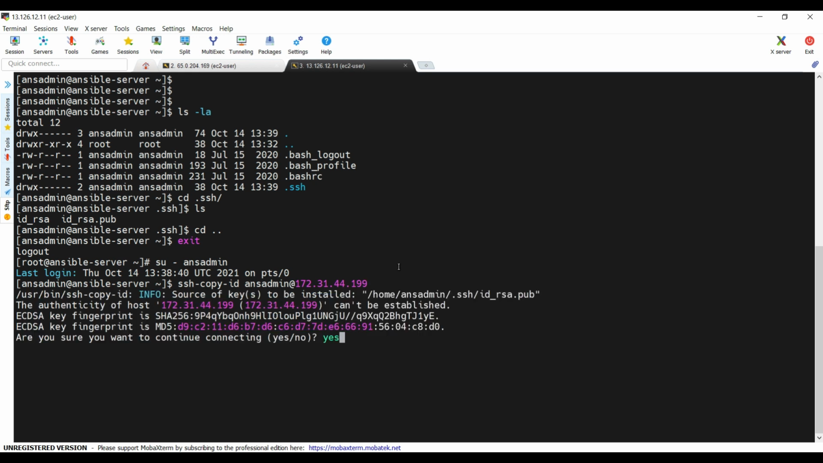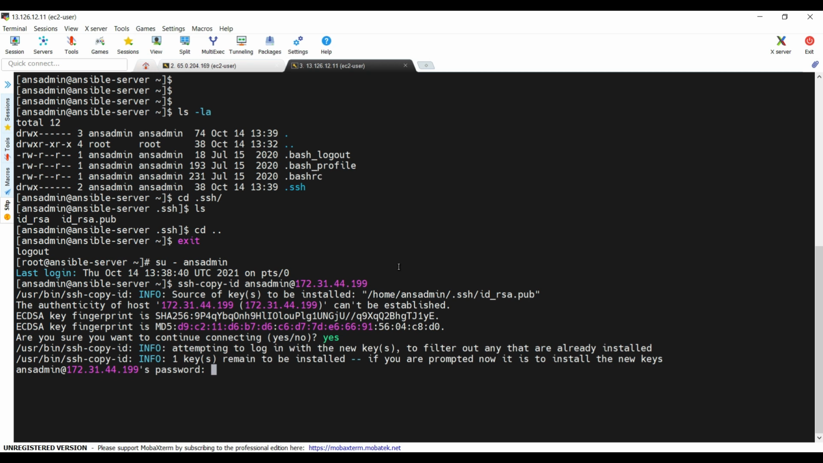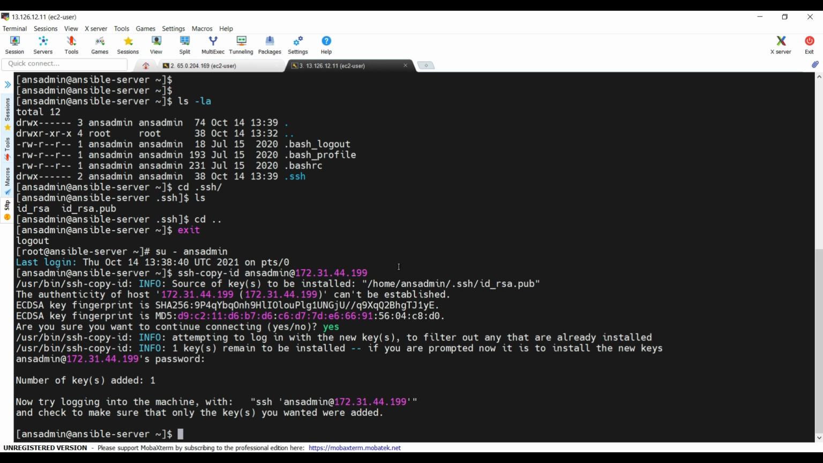So I will put yes here. Okay, the password. So you can see that currently I am on this particular machine here, and it's connected. It added that particular key here. This is the one time it will ask you to provide the ansadmin user password. So it added the keys for the